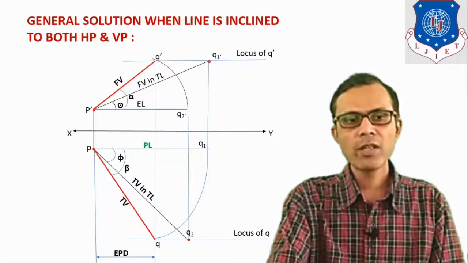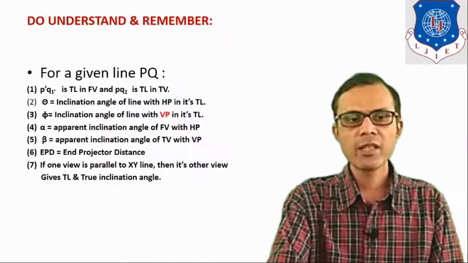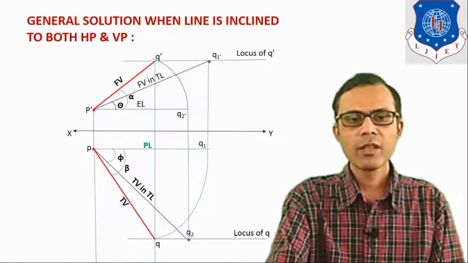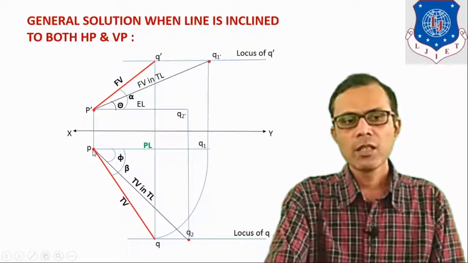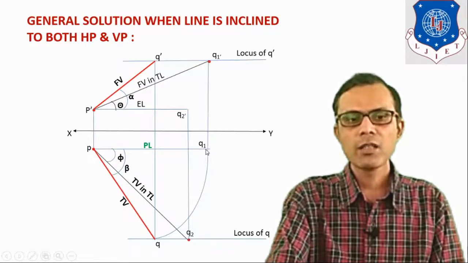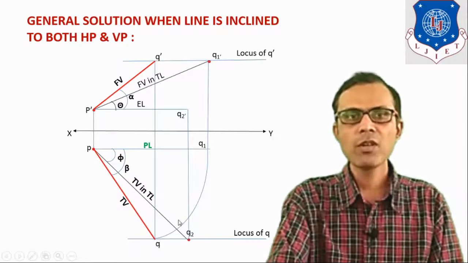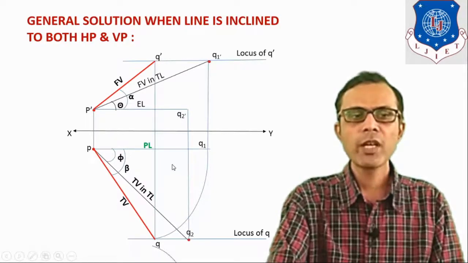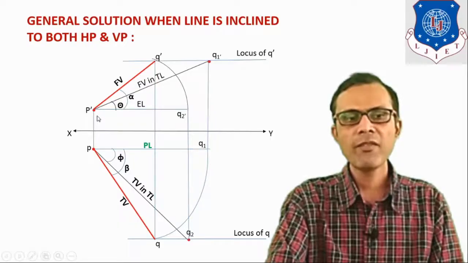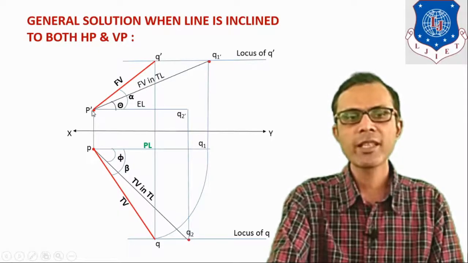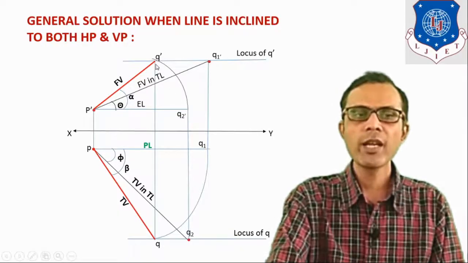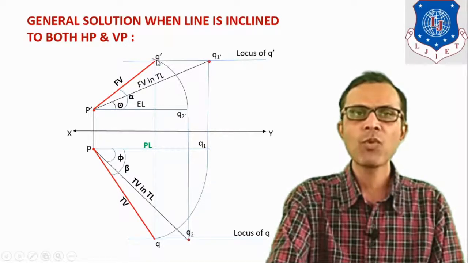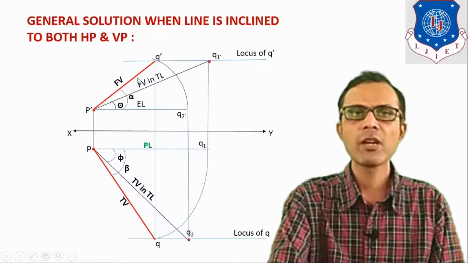Now another point to be discussed is that here we have rotated PQ1 in this direction, but you have another choice also. You can also rotate this elevation length. Keep P dash as the center point, take compass size equal to P dash Q dash, and draw an arc. At the intersecting point you will get Q dash. So it will be the final front view.